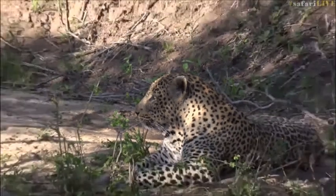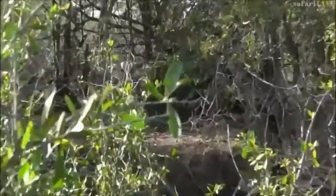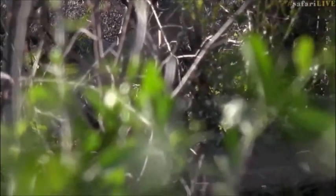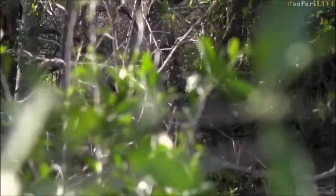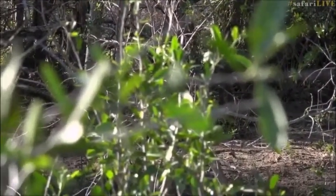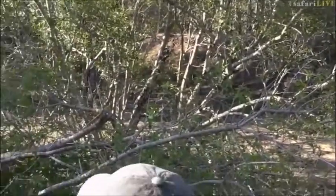Hang on. What is it? I can see the tail of an inyala, and I think it's very thick through there, everyone. I don't think you're going to really get a good view, but I see the tail flicking of an inyala,